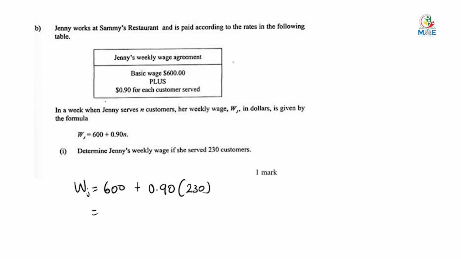Hence, this will be 600 plus 0.90 times 230, which will give us 207. So our weekly wage would be 807. So we can say, therefore, Jenny's weekly wage will be